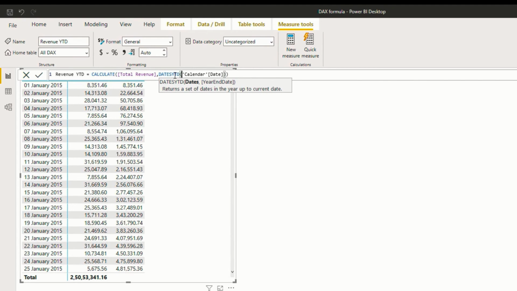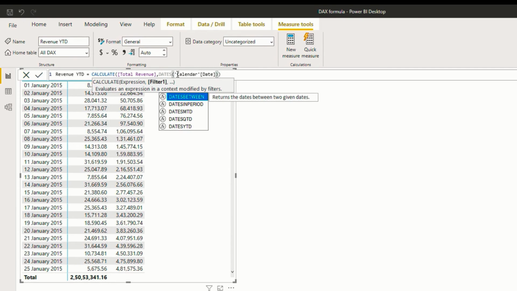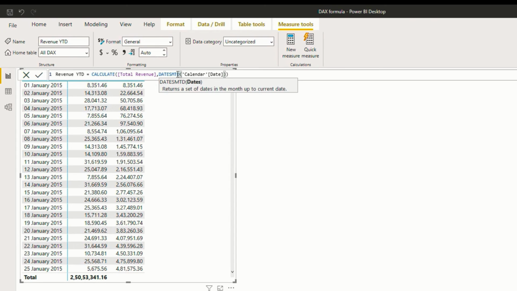So I'll change this DATESYTD to DATESMTD. So nothing else needs to be changed because the calculation has to be done on total revenue, and the column that we'll be using is date. So I'll just go ahead and hit enter.